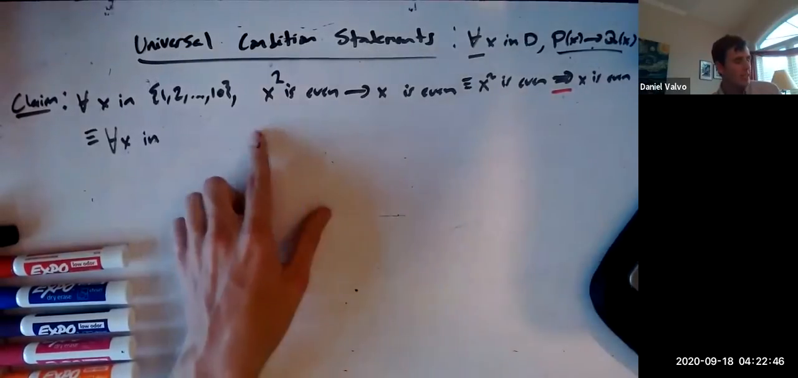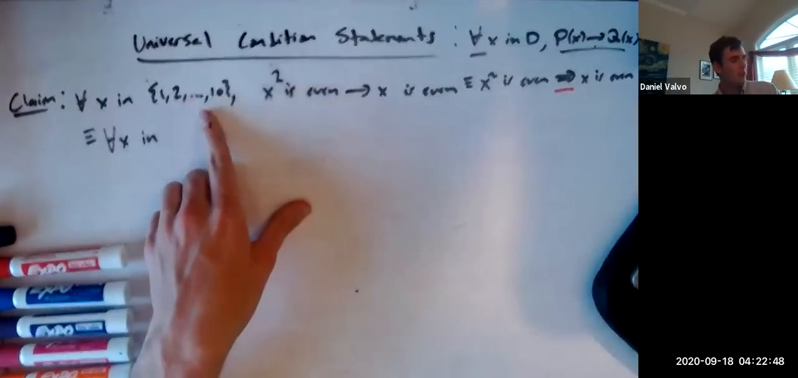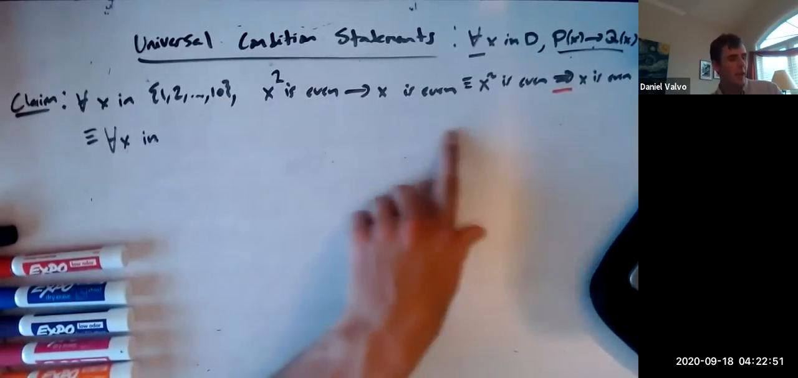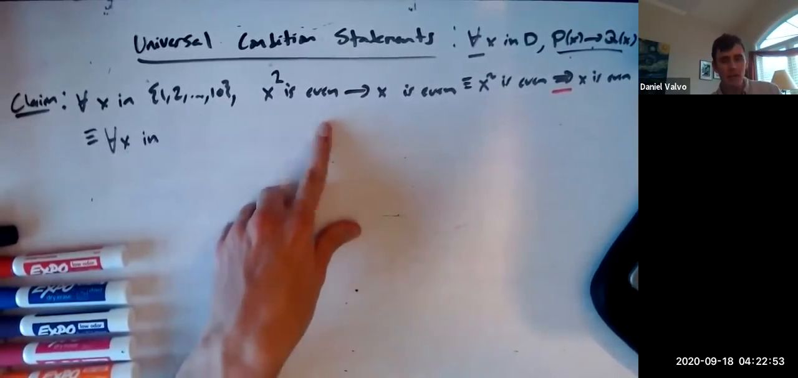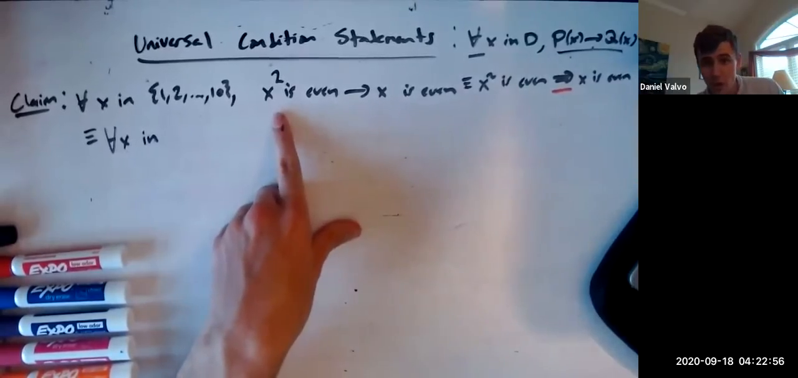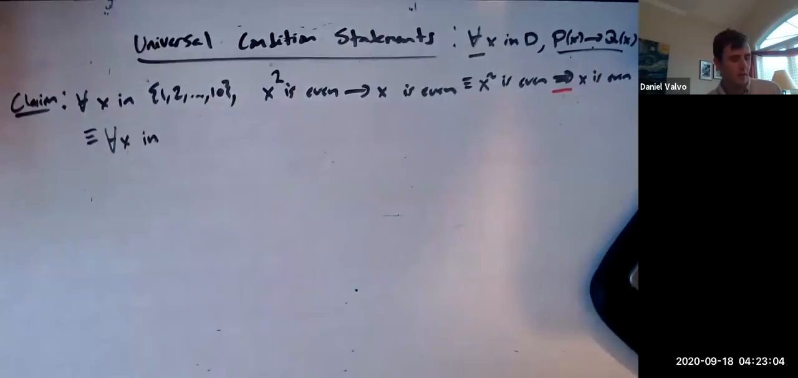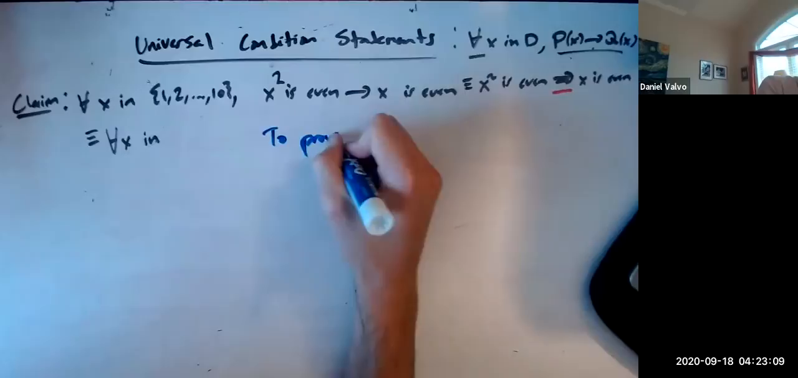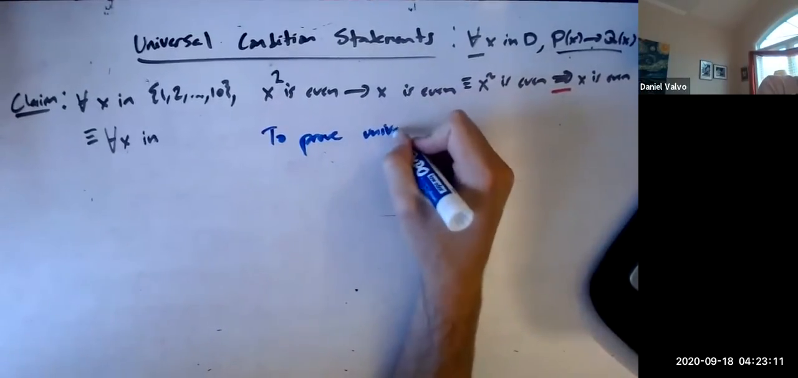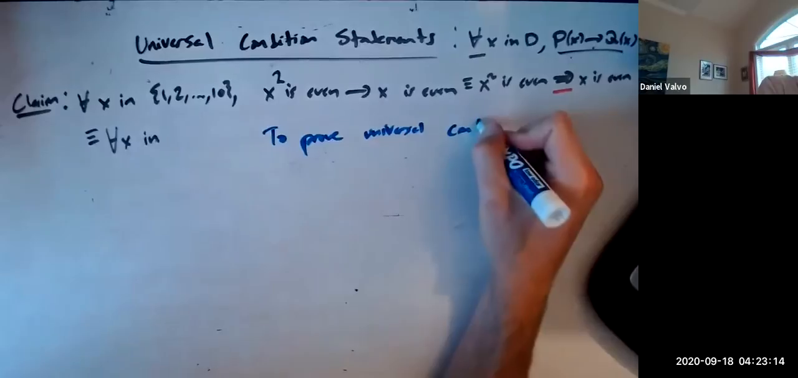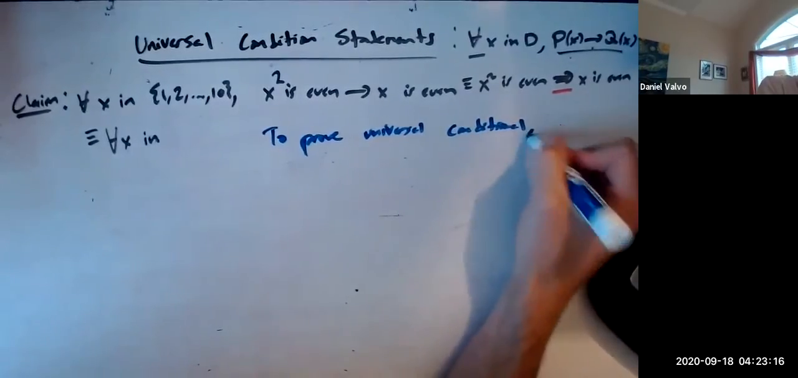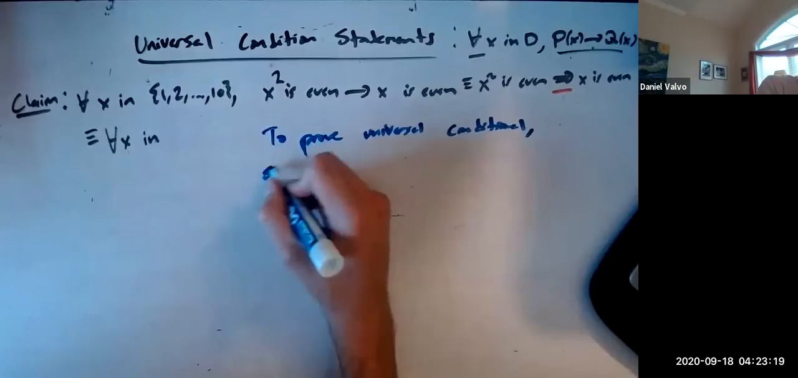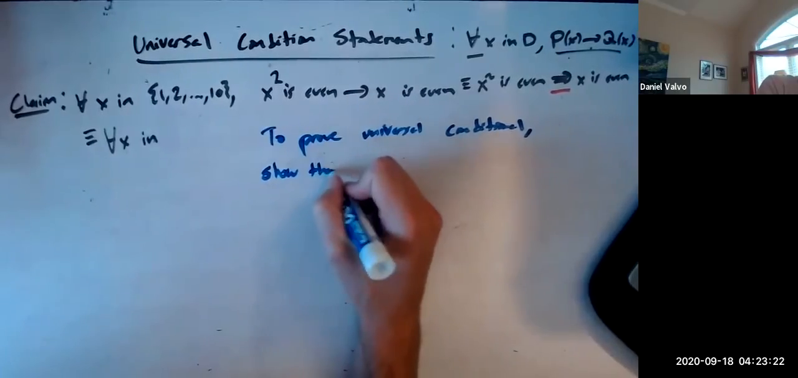The idea is, what is this statement really saying? Remember, if we plug in anything that makes the hypothesis false, the statement is going to be vacuously true. So to prove an if-then true, all you have to do, I'll write this down. To prove a universal conditional, show that